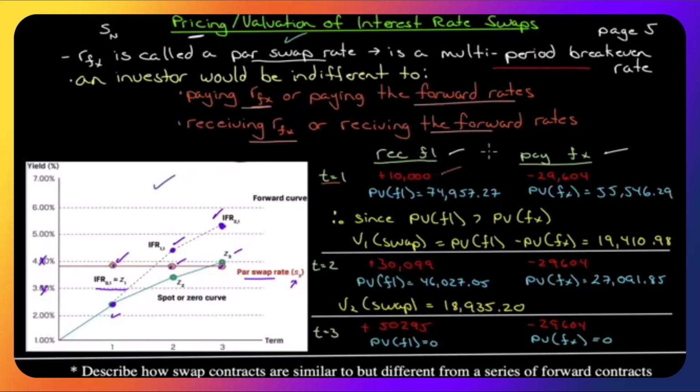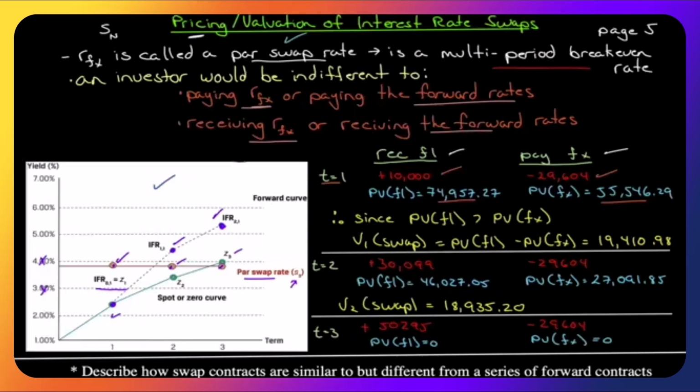Remember, it was 1%. We get $10,000 in. The present value of the remaining payments comes to $74,957. So once we receive the first payment, we have 2 more floating rate payments. The present value of those 2 add up to almost $75,000. So we receive 10, but we've got to pay out 29 on the other side. So we pay 29.6 on the other side, and the present value of all the fixed rate payments left to be made is